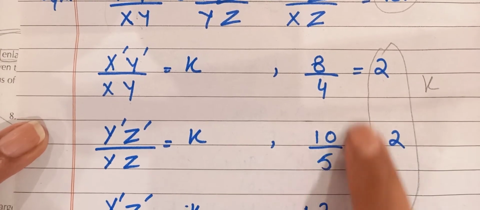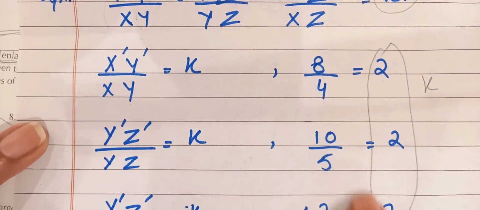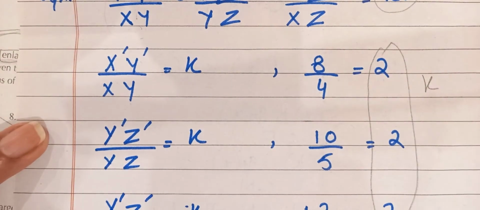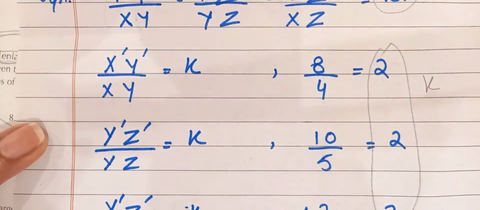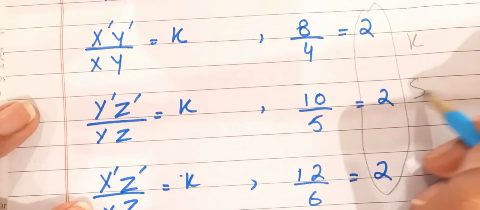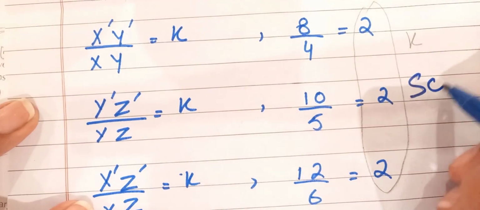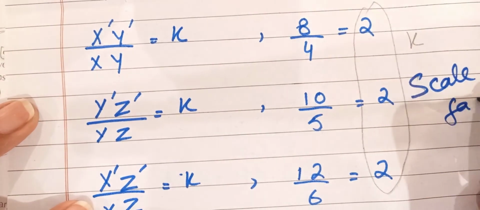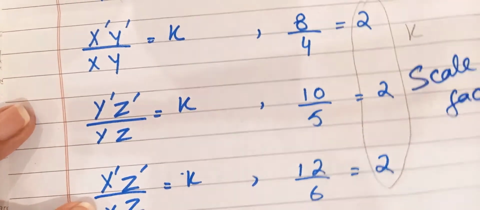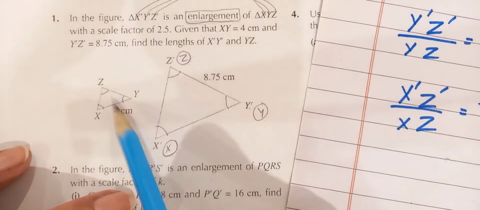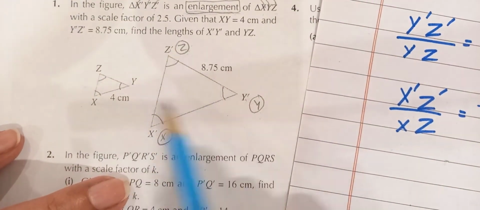So this number should be the same. This number, the constant, is also known as the scale factor. This is also known as the scale factor. So in enlarged diagrams, we have come to know that the angles should be the same and the sides should be